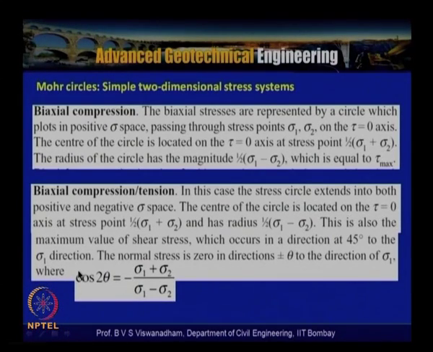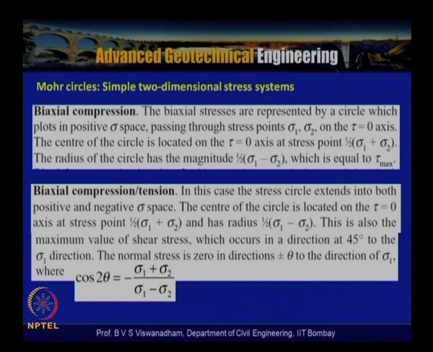And for biaxial compression and tension, that means the element is subjected to both biaxial compression and tension. In this case the stress circle extends into both positive and negative sigma space. The sigma space towards the positive side is called positive sigma space, and the sigma space towards the negative side is called the negative sigma space. Similarly, the tau space which is above is called the positive space and below is called the negative space. The center of the circle is located on the tau 0 axis at stress point sigma 1 plus sigma 2 by 2 and has the radius sigma 1 minus sigma 2 by 2, and this is also the maximum value of the shear stress, which occurs at 45 degrees to the sigma 1 direction,